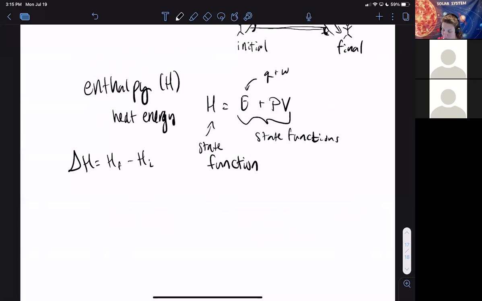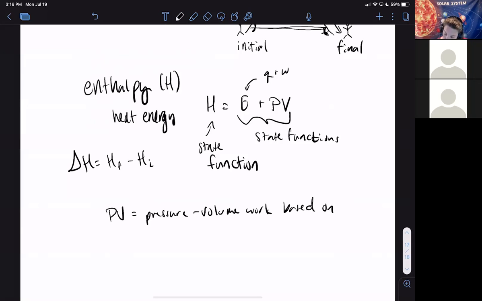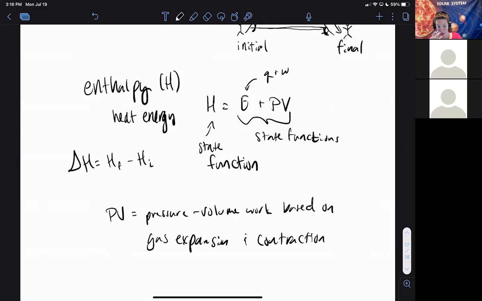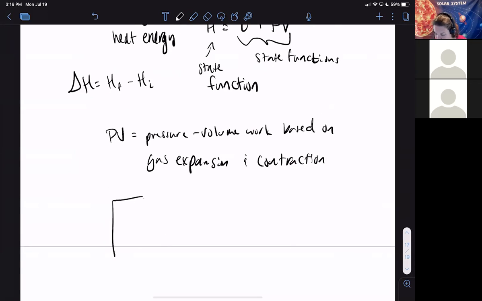And we are looking at chemical reactions. So the pressure volume we look at is pressure volume work, based on gas expansion and contraction. That is the only work that's going to be done by any of the systems that we're going to look at. Because chemical reactions, if you produce a gas, then if you have the reaction in a piston,